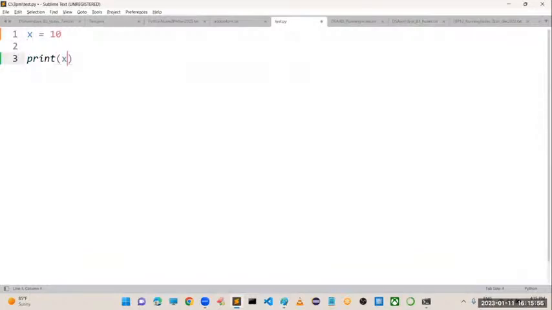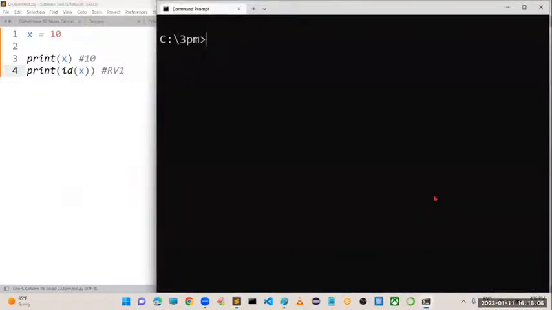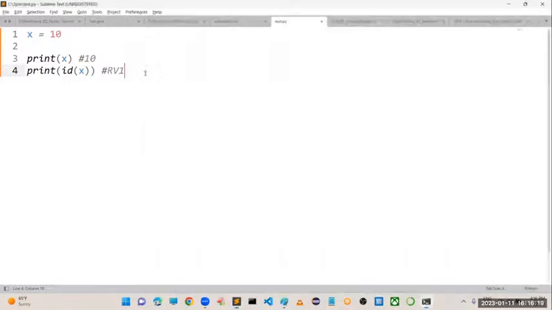I want to print the x value, and we will get 10. I want to get the id of x. It is going to return a random value, because you can't give a guarantee for that. I am running the program, and you can see 191829416398, which is nothing but a random value.